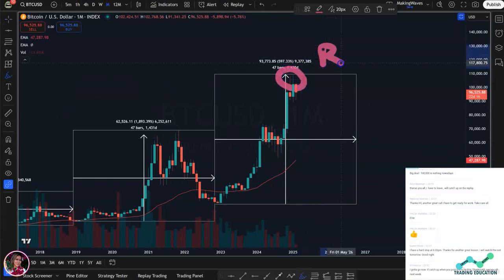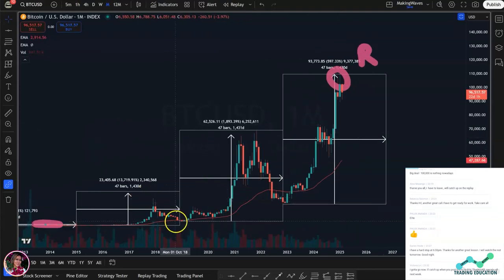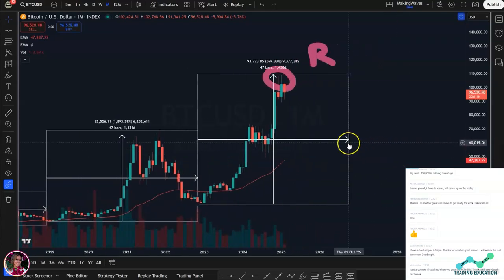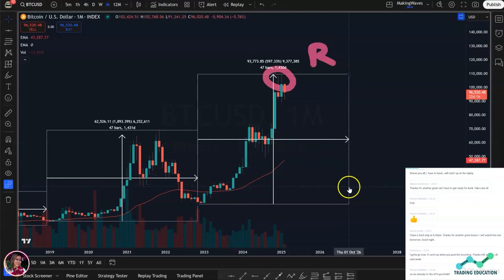So we are in a right translated cycle, meaning we spent the majority of the time going up, and the bear market is probably going to be relatively short, just like the previous cycles. So again, we don't know where the market ends, but on a 4-year time horizon, you split this in half. We are already past the halfway point, and we did make an all-time high on the right side. So we already know it's a right translated cycle.